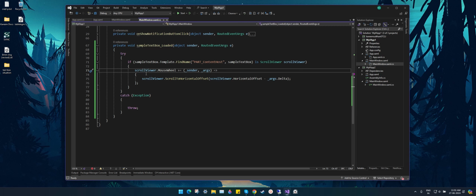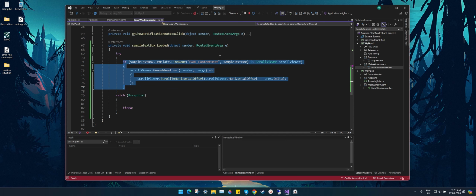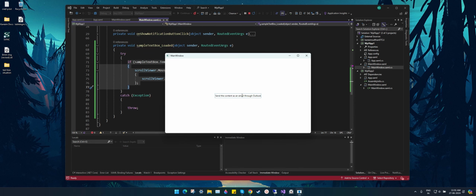So let's see whether the code that I have added will work or not. I have placed my cursor on the text box, and as I use my mouse scroll wheel, the text inside the text box scrolls horizontally. So this way we can give the user the ability to scroll the text horizontally inside any read-only and fixed size text box. So this way I have solved the situation,